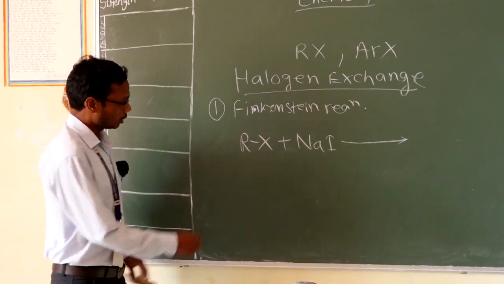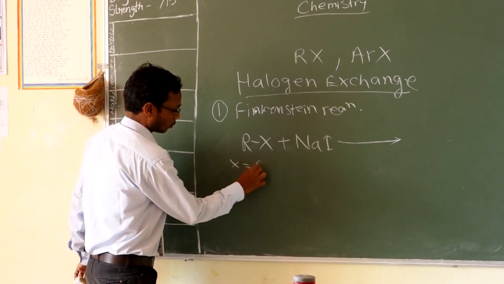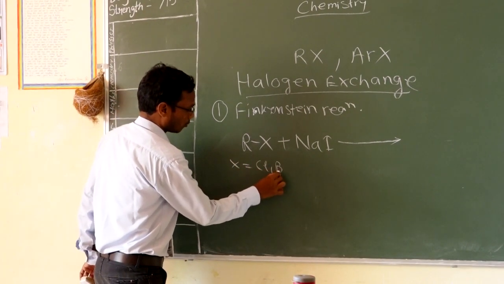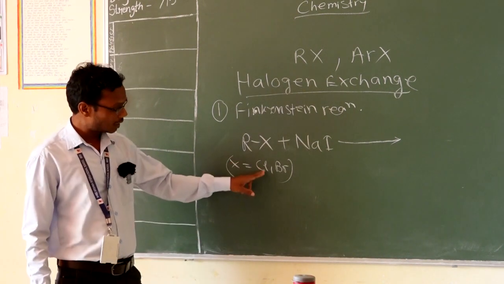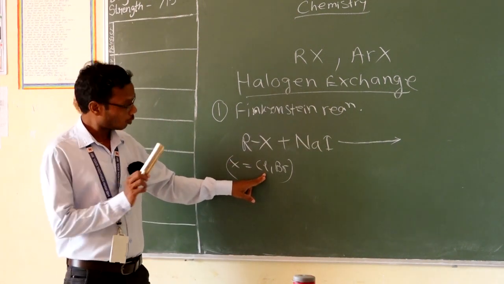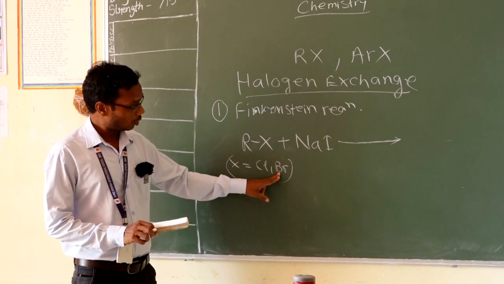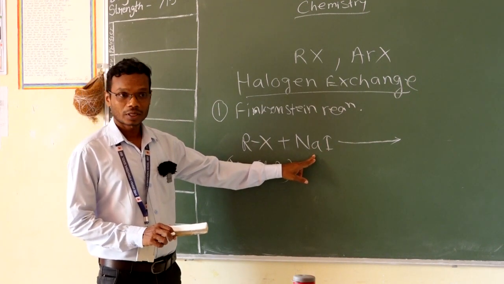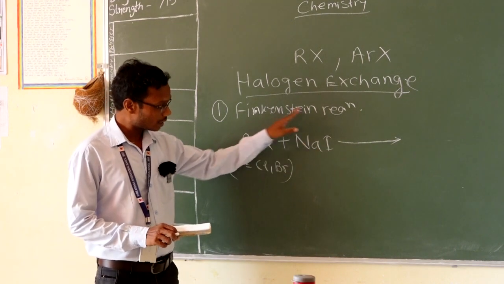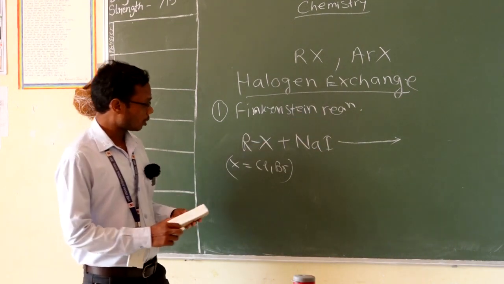In this haloalkane, X is chlorine or bromine. Means in this haloalkane there is already a halogen. It may be chlorine or bromine, but there is another halogen in NaI. So in this reaction exchange of halogen takes place and the product will be